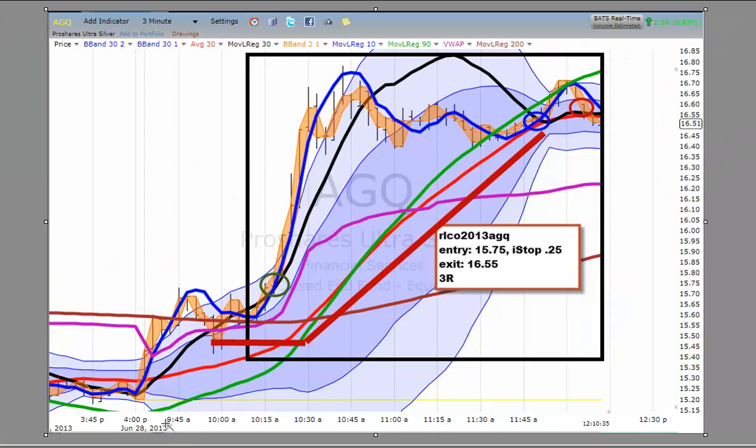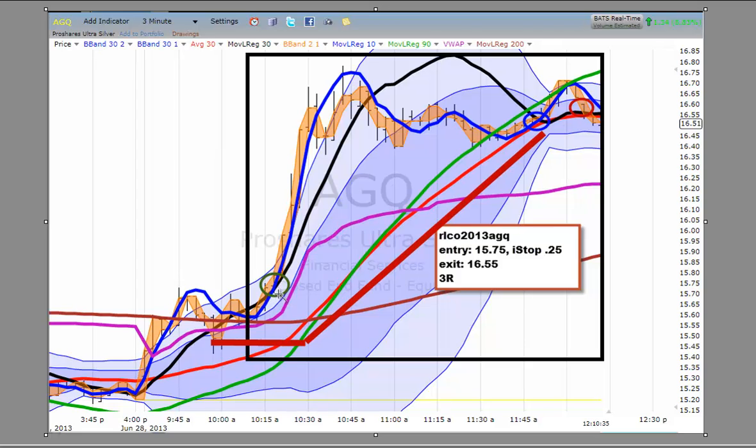At the same time that was happening, AGQ, which is the double silver, was the number one symbol in our stack. You can see already up at this level, it's up 8 and some percent so far. Silver had a gap up, pulled back to the edge of the river, retested the high, pulled back to the edge of the river with a higher low, and when it took out the ribbon swing high here,